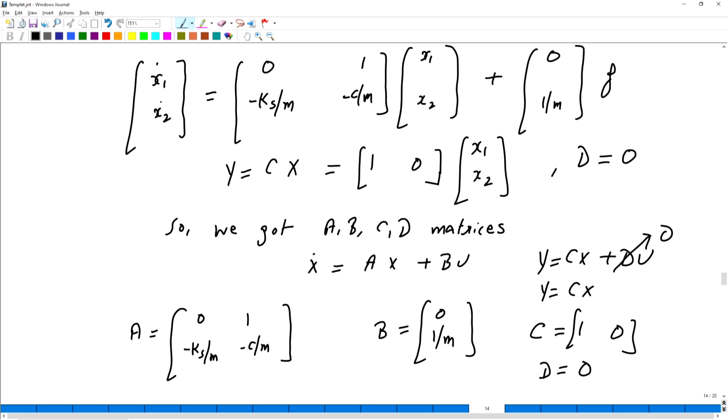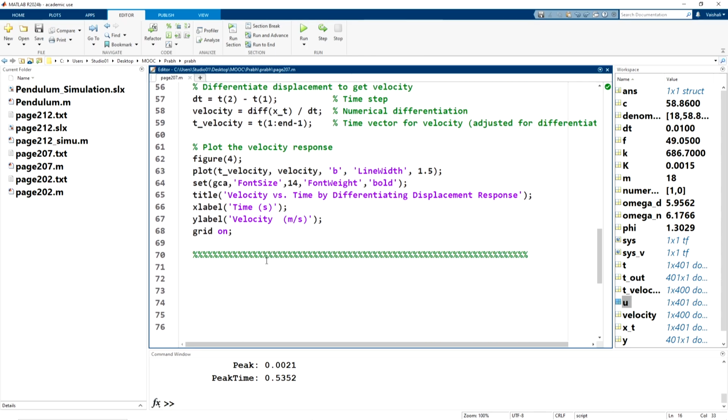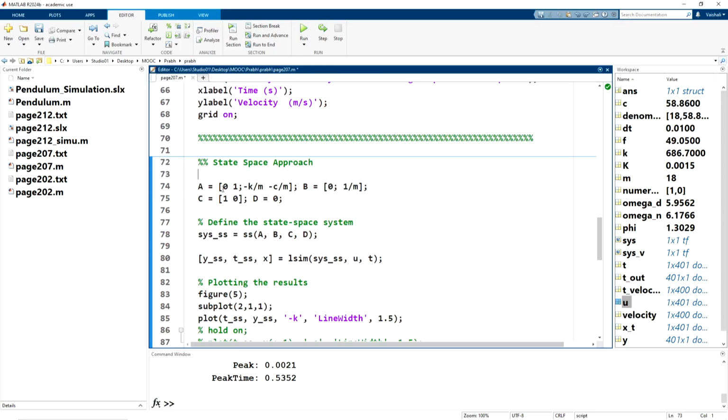Now let us obtain the plots for position and velocity using the state space method in MATLAB. So we have plotted till figure number 4. The next is the state space approach. Here A is 0 1, and then next row minus k by m, minus c by m.